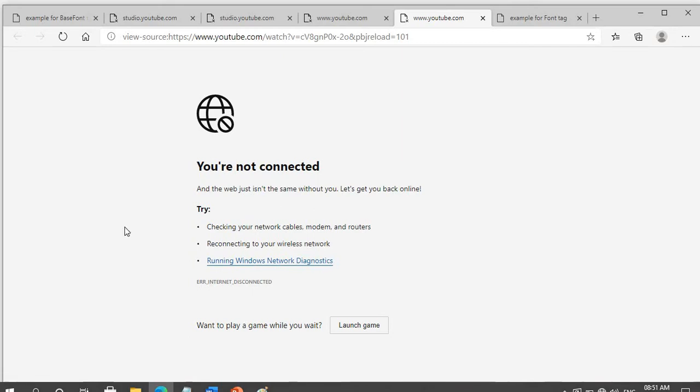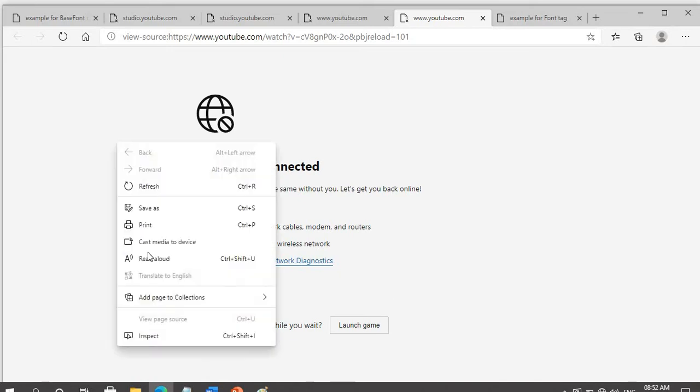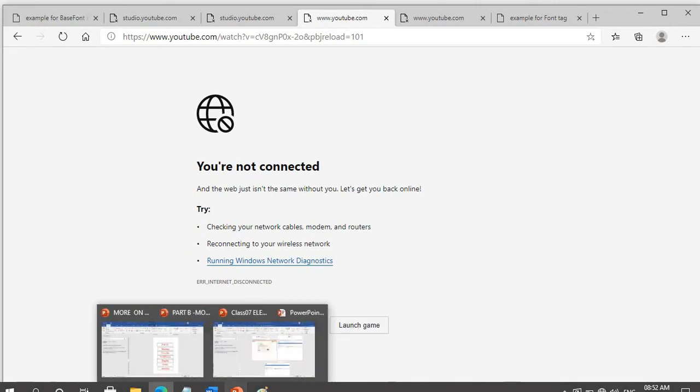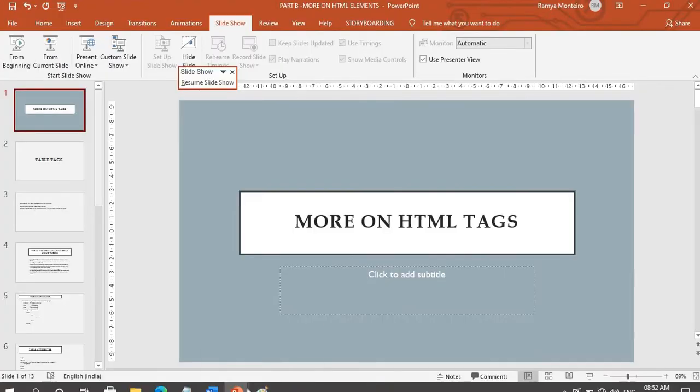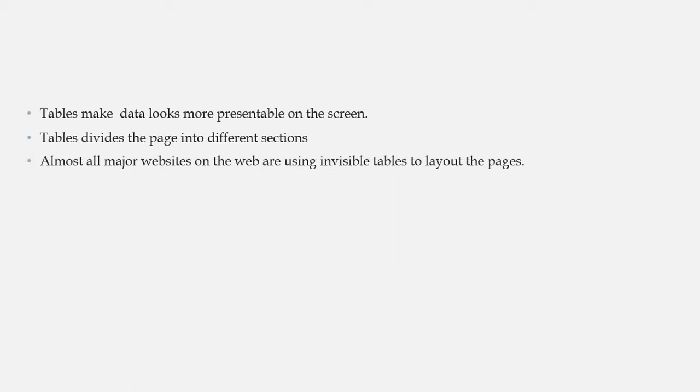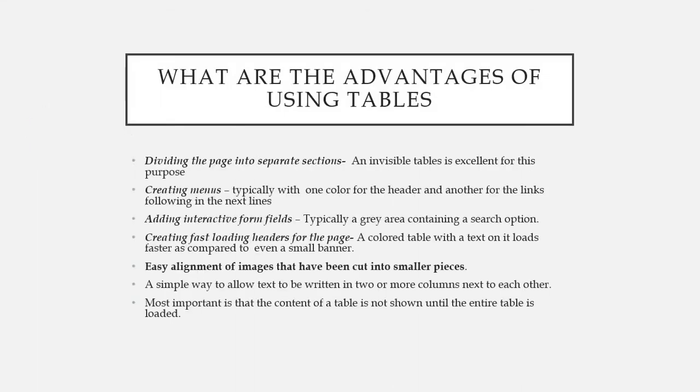Because I don't have internet connection, there is a problem, so you will not be able to view it here. There you can identify which table is invisible, how the page layout is done, all those things you can view. That is, all major websites on the web use invisible tables to lay out the pages.